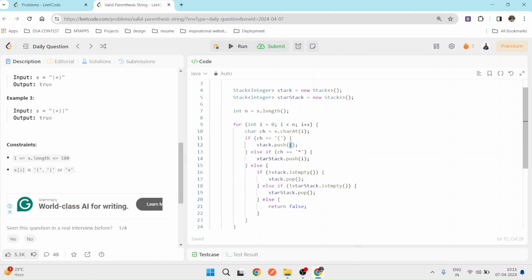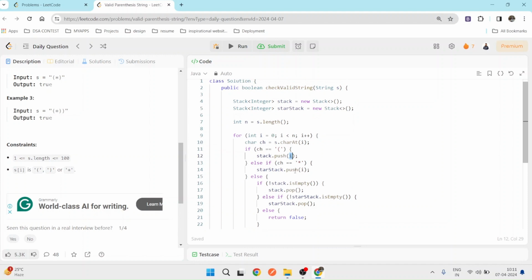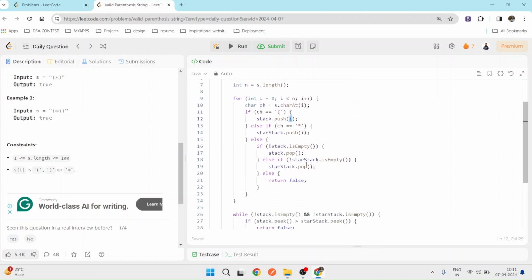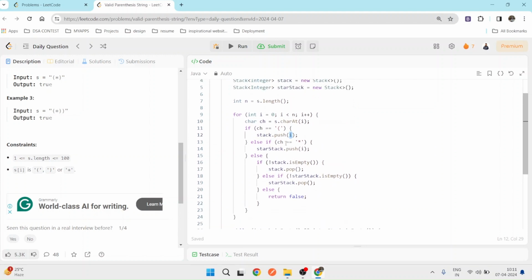Remember that we are storing the index of the parenthesis. So if we do not have an opening parenthesis for the closing parenthesis, then we will check